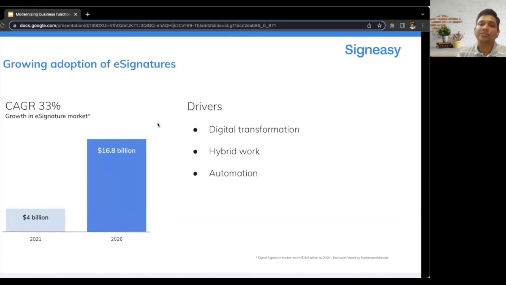Apart from that, e-signatures are also seeing tailwind from adjacent investments in enterprise file sharing and digital process automation markets, right? So that's where they are also supporting these automation initiatives. And finally, decarbonization and sustainability initiatives are key for businesses now. In fact, according to a study, more than 90% of the companies are saying that they want to implement some objectives to reduce carbon by the end of 2023 itself. So even here, I think, Asra, if you have seen any, what have been the drivers for Signeasy customers